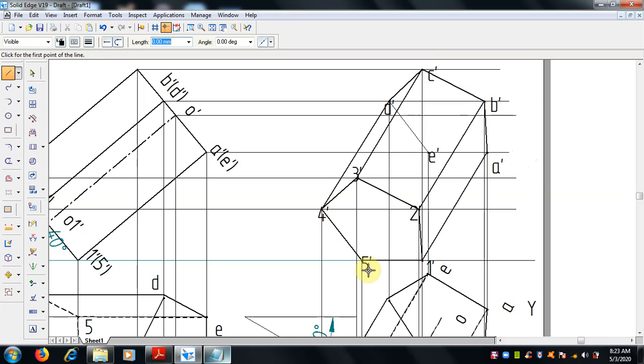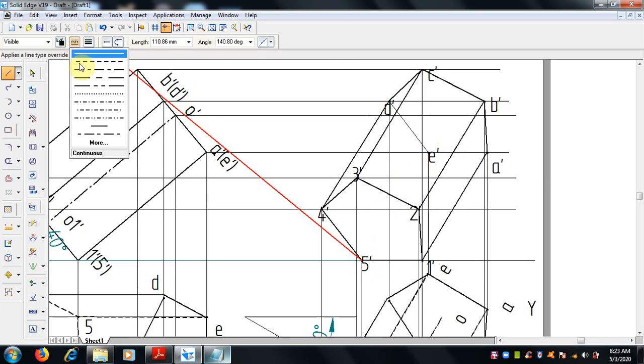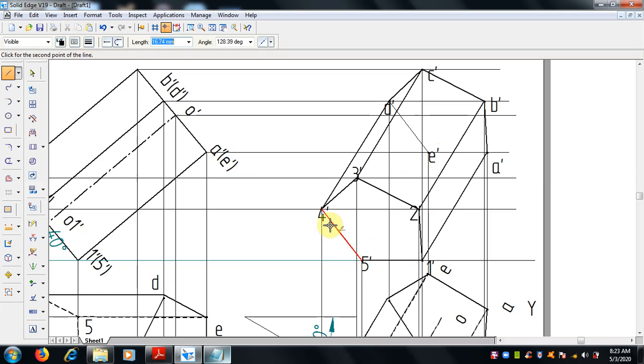But now 5 to E is crossing the visible base. So this is the visible base. If I join this, we should not use a visible line, it is a hidden line. So this is the next clue: when it crosses the visible base, select the hidden line, right?